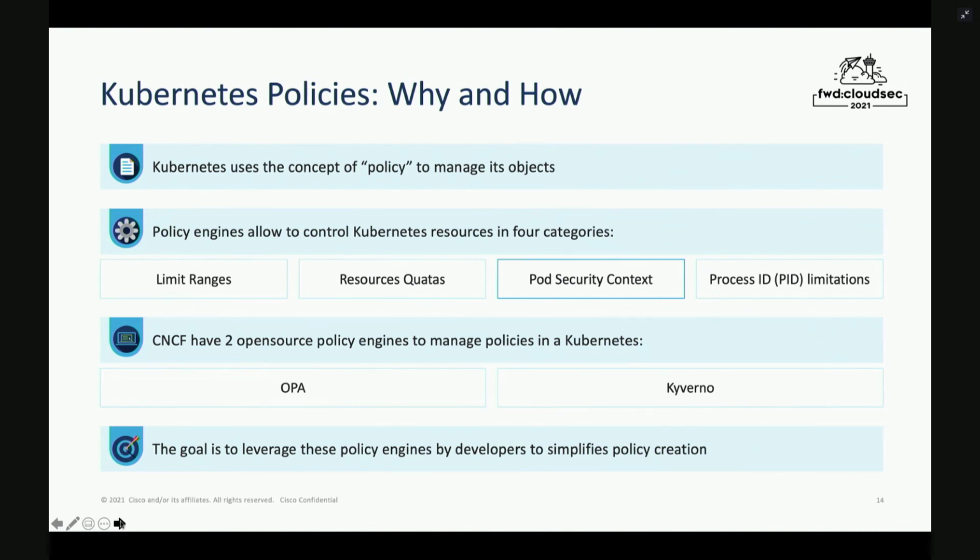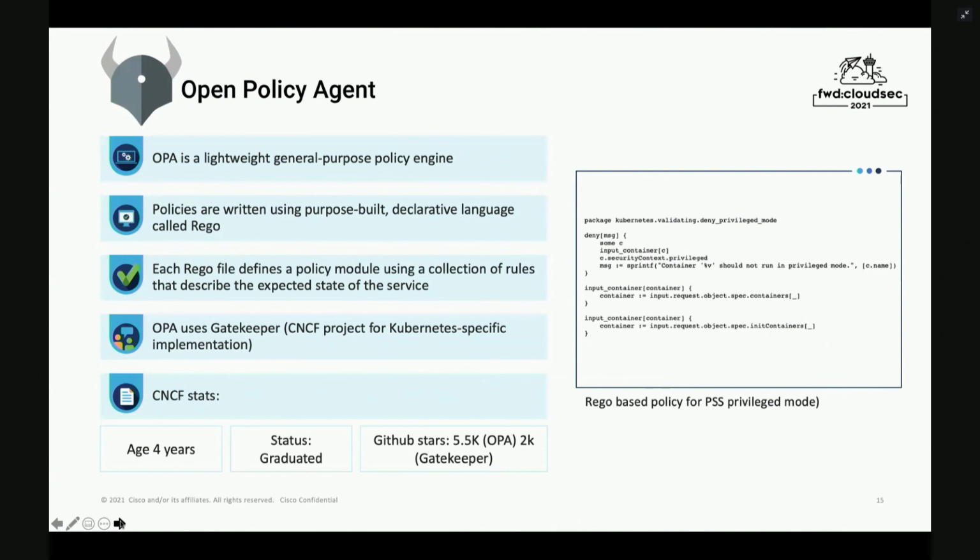And in Kubernetes, we have a good, well-defined concept of policies. And in CNCF, there are two good projects working on policy engines. One is OPA and one is Kyverno. Both of them can be used to simplify and let developers define the model that we just discussed. Just quickly going over it, and by no means am I an expert in it. I saw some other more detailed sessions, at least on OPA. OPA is a lightweight general purpose policy engine, okay? The policy is written in Rego, which is a declarative language, and it's a very powerful way to describe your policy.